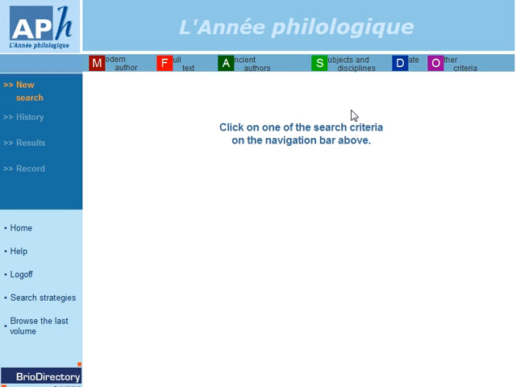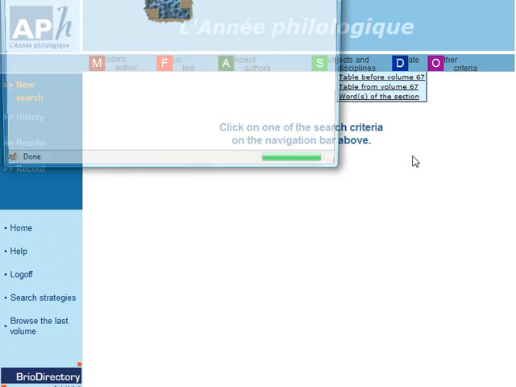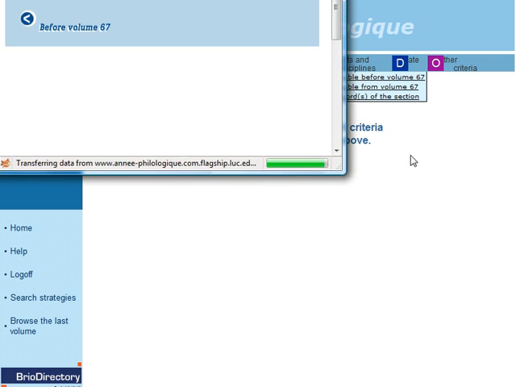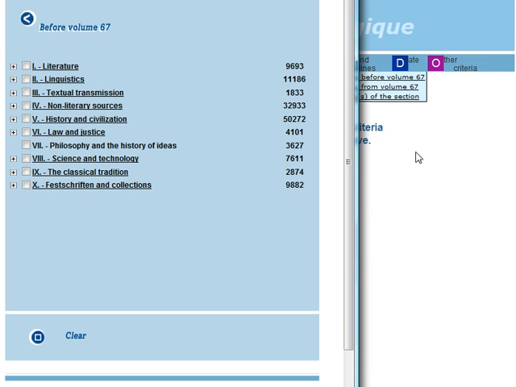It's particularly useful for doing research on larger areas of classical study. So if we want to do a recent review of the literature, let's say we were looking for everything published from 2003 on about late antiquity,